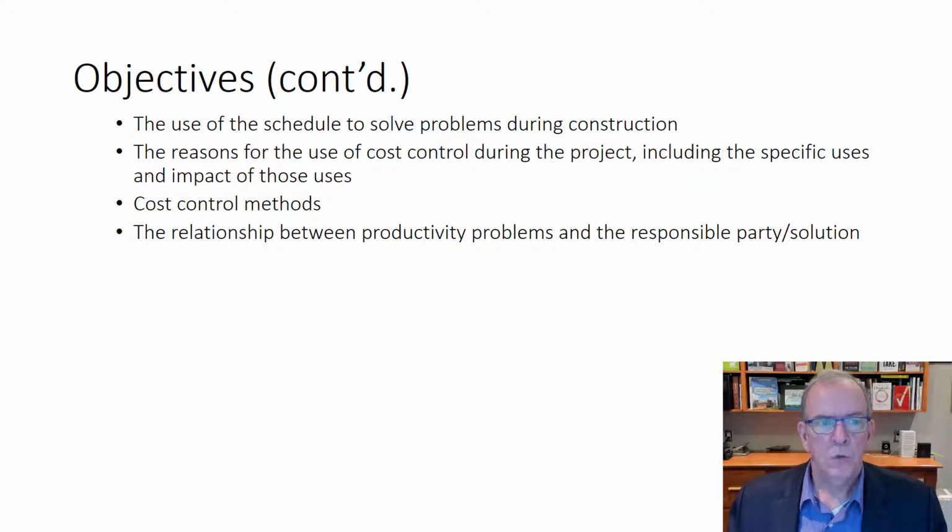So we really want to make sure that we can identify where the issues are as soon as possible. In construction, it's much easier to fix things when we see them early on than it is when they drag out and they become even bigger problems, and rework then becomes a bigger problem. And we've already talked about too in this course, site logistics and productivity rates, and what that means, and what it means to your bottom line as a business with an income statement. We looked at that. So the relationship between productivity problems and the responsible party, and coming to a resolution,